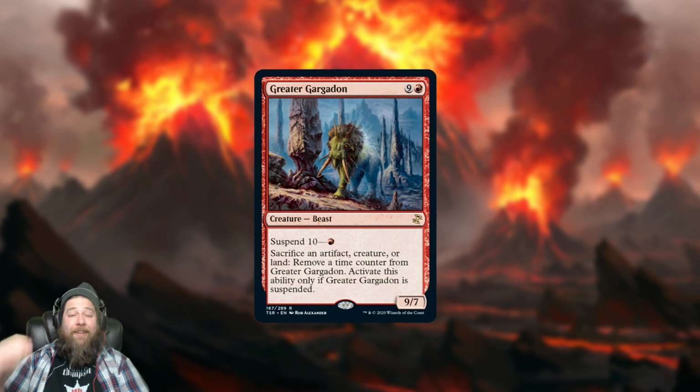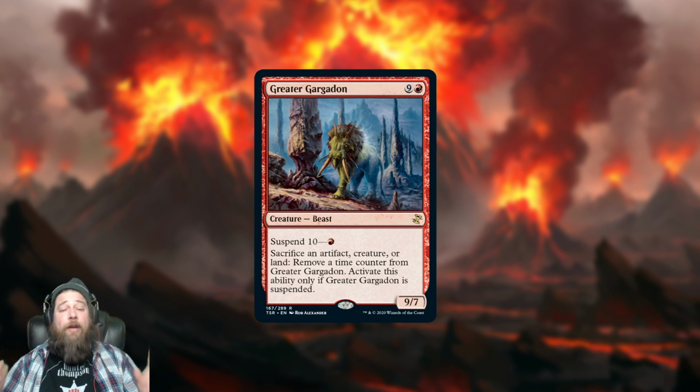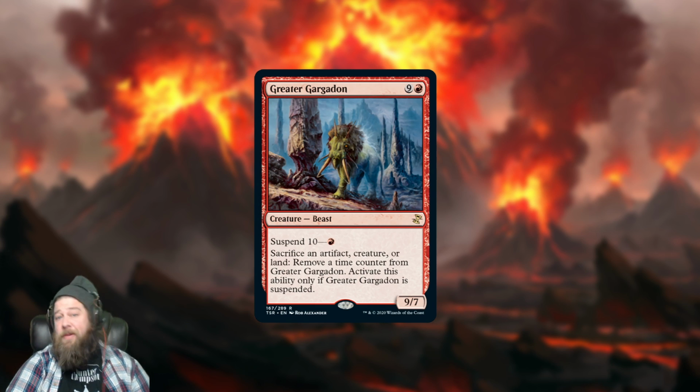We also got Greater Gargadon, one of my personal favorite creatures. Greater Gargadon, it's a weird creature. 9 mana, 9/7, that's horrible. Suspend for 10 for 1 mana, that's way too long for a game of Modern. The trick is you can sac an artifact, creature, or land to remove time counters from it, which makes it one